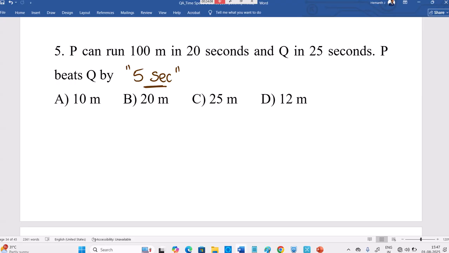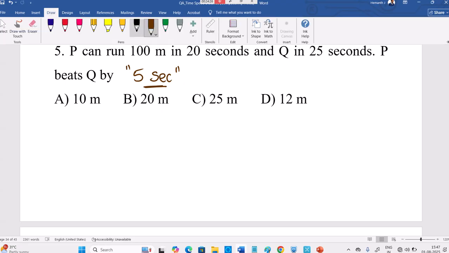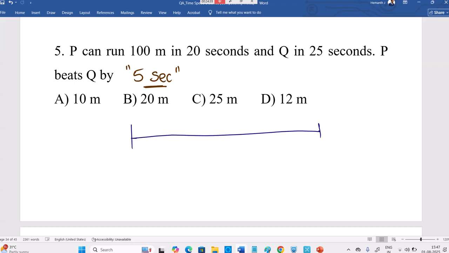Now, whether you are strong in that basics or not, what are the statements I have given? If you are strong, then you can handle this question. 20 meters, okay, we'll check. 20 is one of your friend's answers. My friend, have a look here. No need for complicated things. I want to do the question in a very simple way. P completes the race. How much? 100 meters. How much time taken?